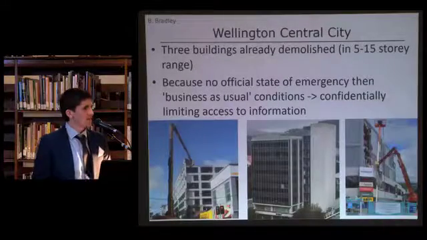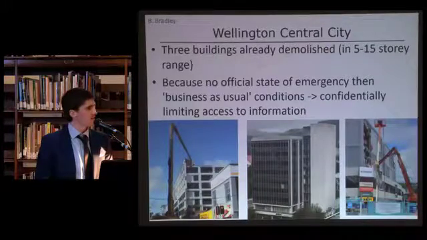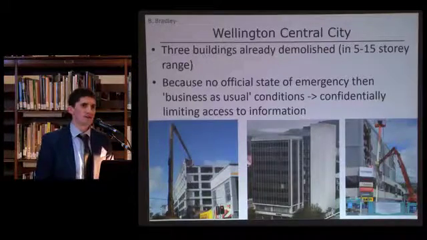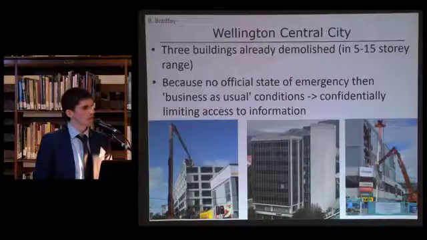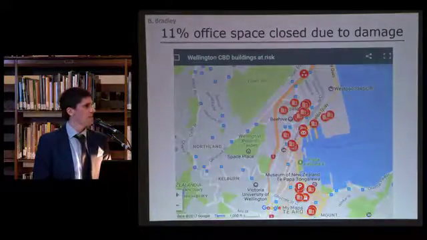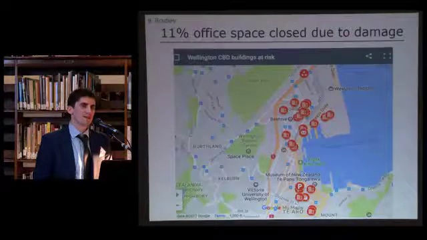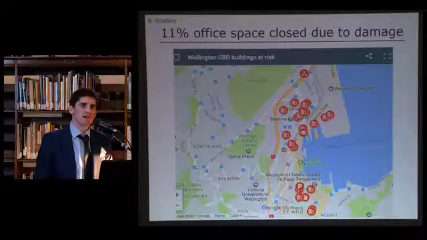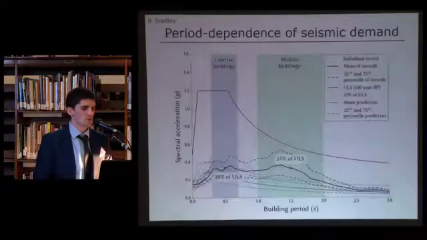In Wellington City, as I alluded to, there were moderate levels of ground shaking, and so it was a little bit disconcerting to see that 3 buildings were identified as sustaining significant enough damage not to be an immediate collapse risk, but to require demolition over the subsequent month. And as of the middle of December, about 1 month after the event, 11% of the buildings were identified as unoccupiable as a result of damage, either non-structural or structural.